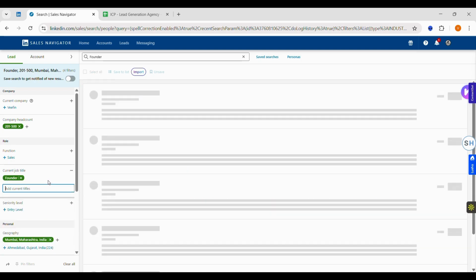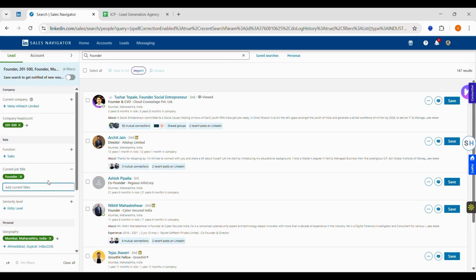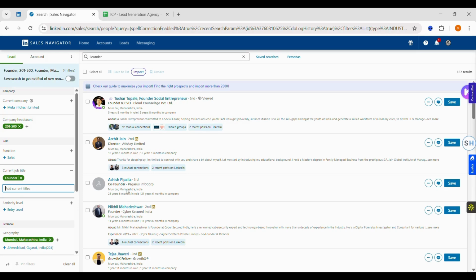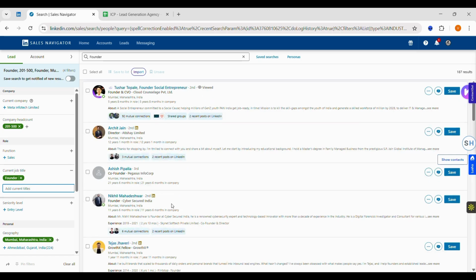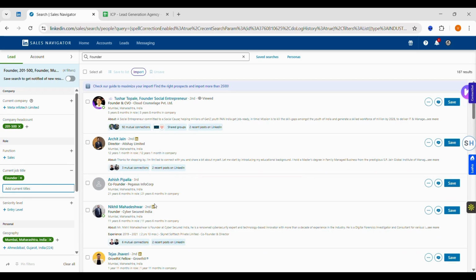Okay, now let's see if this brings us a better result. So yes, now I can see that, at least from my top 5, I have 2 who are founders, and you can again see that it gives me more relevant results. Okay. So we often use the current job title also as a designation filter, and we also use it as